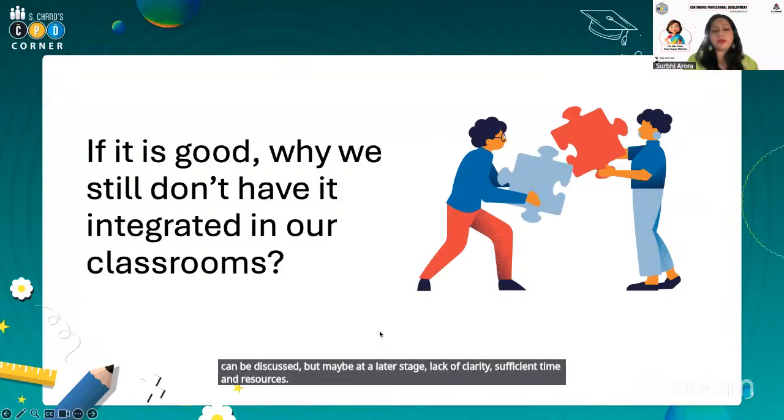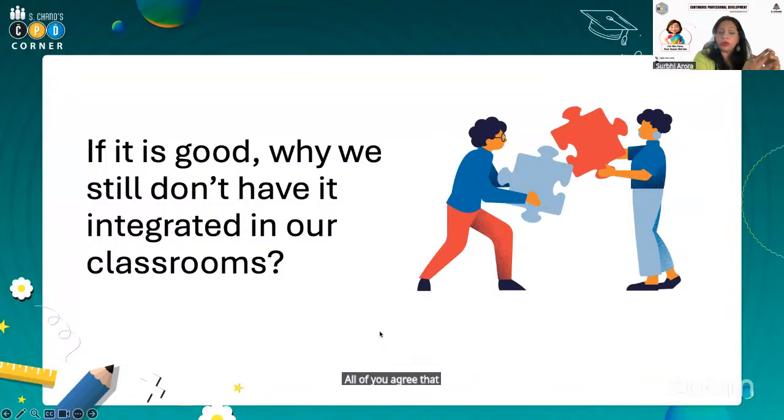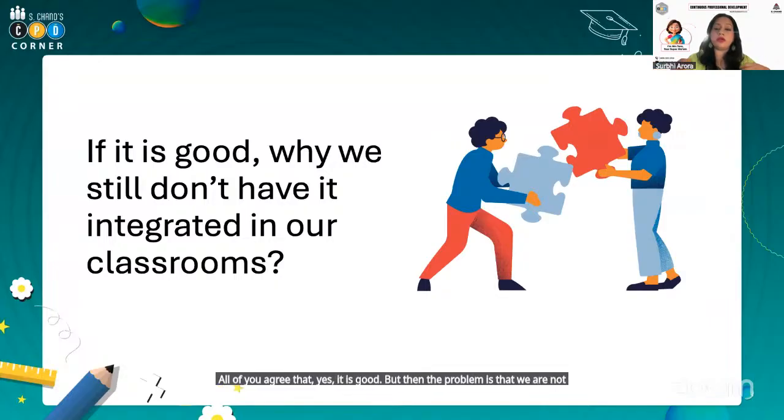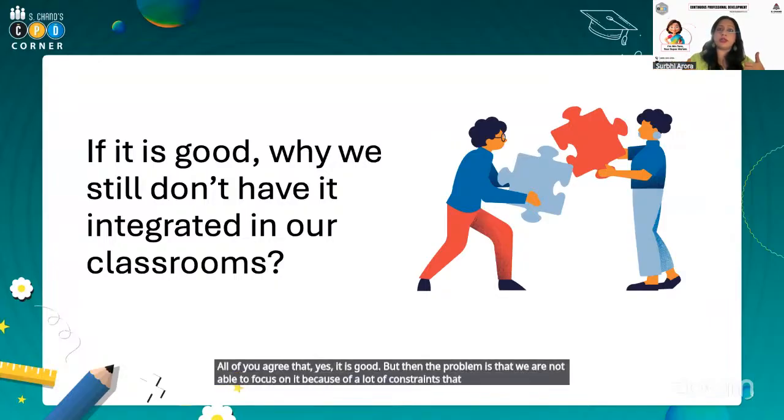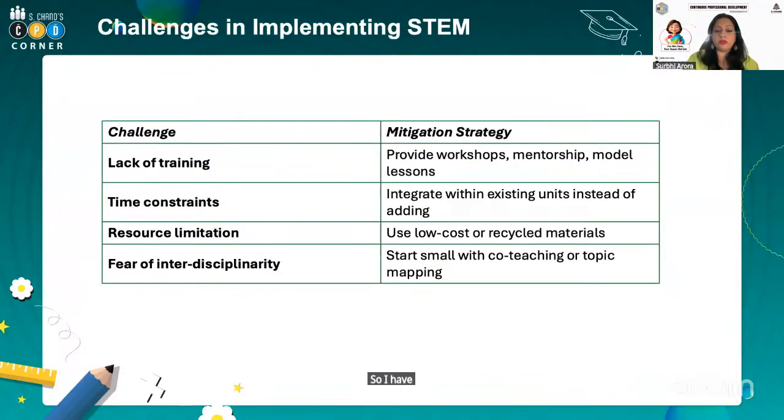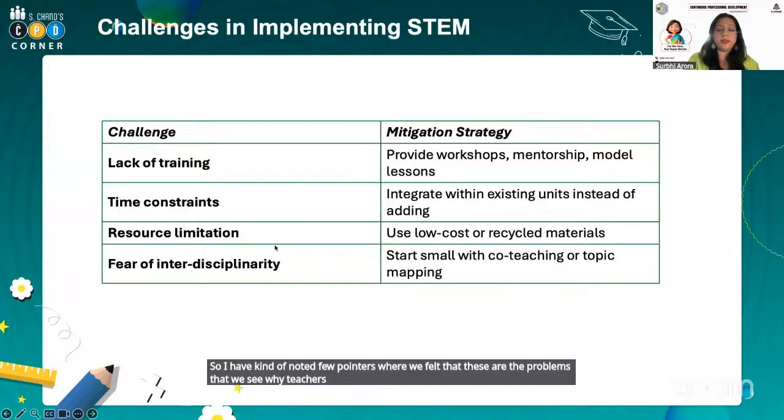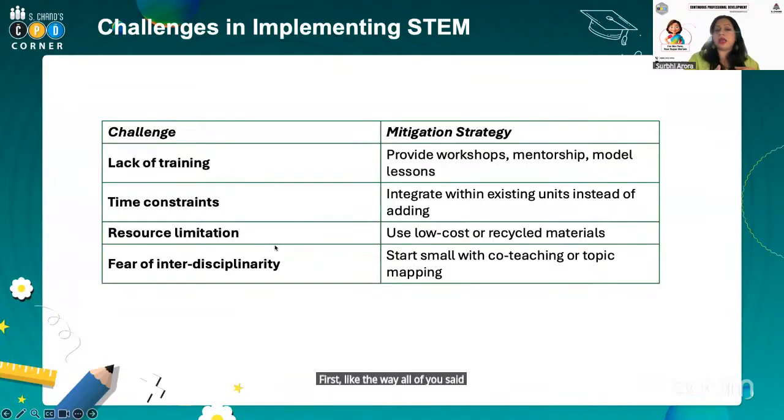So all of you agree that yes, it is good, but then the problem is that we are not able to focus on it because of a lot of constraints that we have with respect to time, resources, and availability of everything. So I have noted a few pointers where we felt that these are the problems that we see why teachers are not able to integrate STEM. First, like the way all of you said, lack of training, and now the solution is to provide workshops, mentorships,